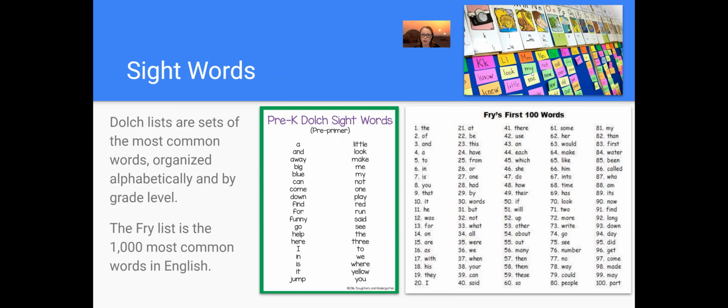And they're called sight words because students should be able to recognize them on sight, meaning that they memorize them. They do not need to sound them out. After a while, they've just learned them. And that is particularly important for the ones that are hard to sound out,